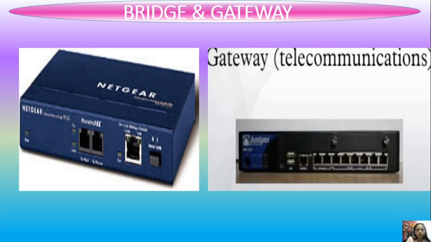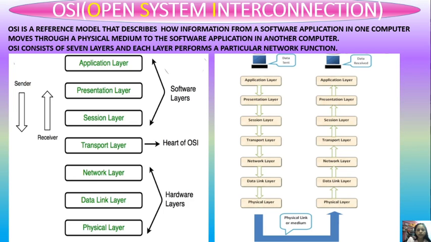Here you can see two images. On the left side is an image of a bridge, and on the right side you can see a gateway. I have included these images so that you can understand how they look. These two images, left side bridge and right side gateway. A bridge is a data link layer device, it works at the data link layer, and the gateway works at the network